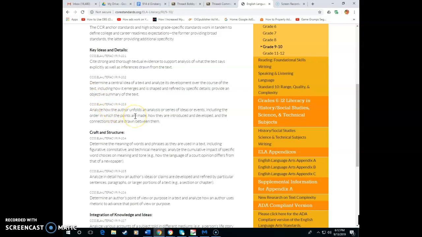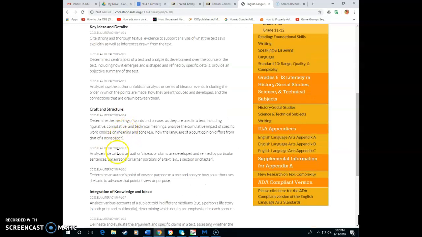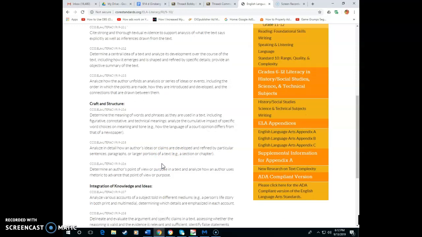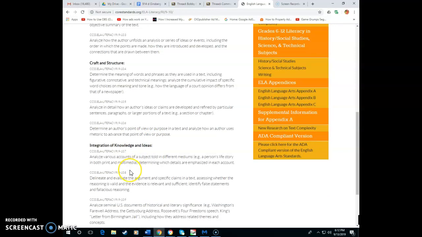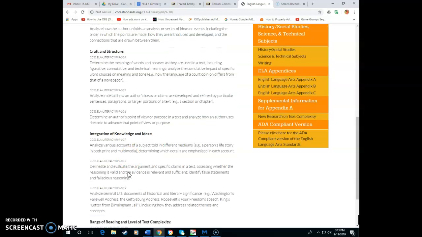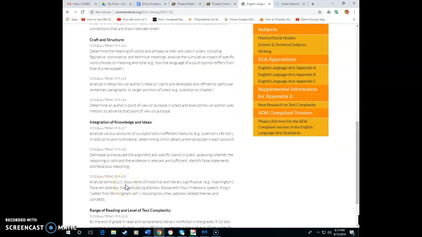So point order, connections between points are a little more important here. Again, determining meaning, word, and phrases, analyze how authors' claims are developed. So we're doing argumentative analysis and analyze point of view. So a lot of the same standards apply, just different content that we're analyzing. Seminal U.S. documents, so there's a little bit of prescription as far as what specifically we are supposed to be teaching, which